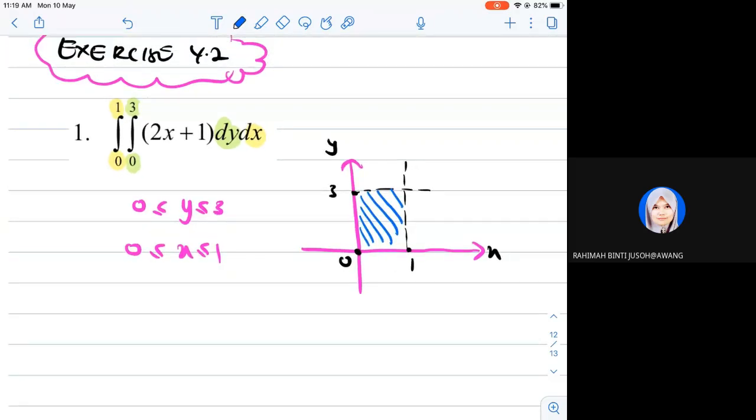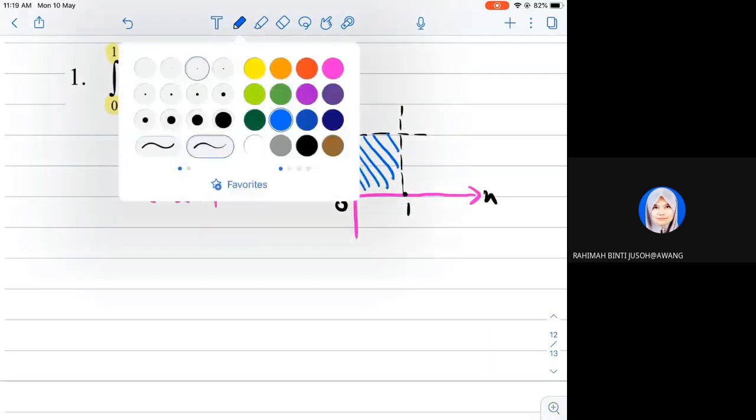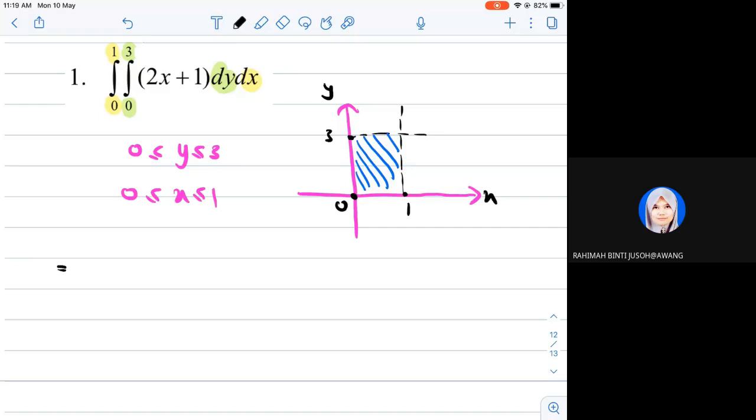So sekali je saya explain pasal limit ni supaya you faham. Alright, now kita proceed calculation. So we have 0 until 1, 2x. Okay guys, listen here carefully. When we want to integrate the function with respect to y, means our x becomes constant. Dia terbalik. Bila integrate terhadap y, x tu jadi constant. Konsep dia sama macam partial derivative yang kita belajar last 2 weeks. Bila you differentiate terhadap y, x tu constant. Ini pun sama. Kita nak integrate terhadap y, so by hook or by crook, 2x tu anggap dia sebagai satu